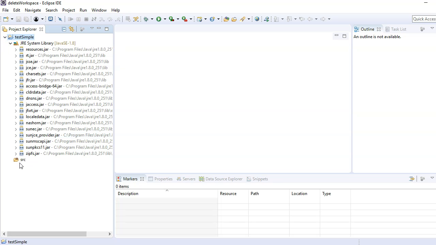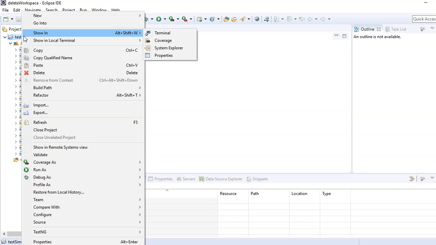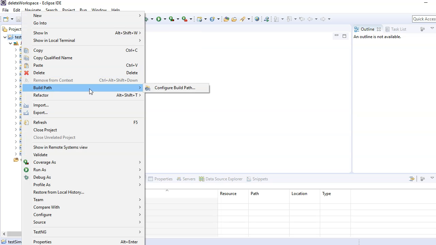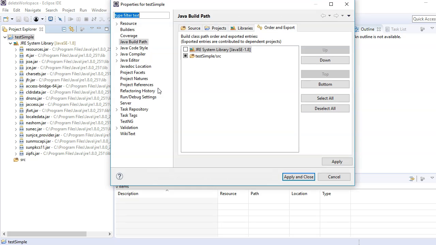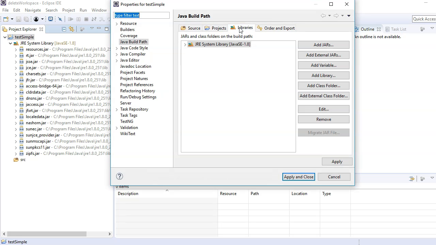So if you want to add the jars for your project, you just need to right click on this test simple, and just go to build path, configure build path. Okay, just click on libraries, then click on external jars, and you can just navigate to where you have kept all your jars, and just click on OK in order to add the jars.